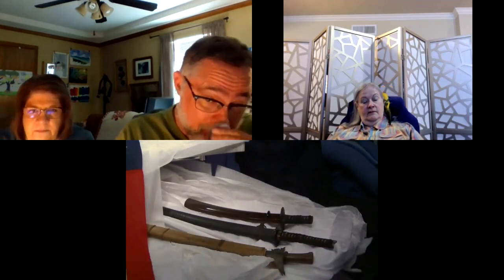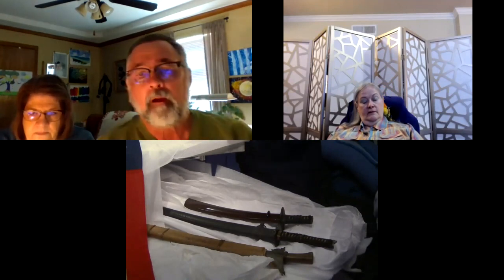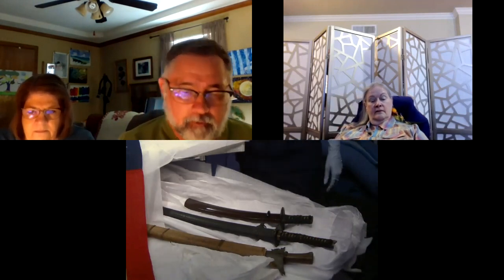So it's like someone who is of shorter stature would need a shorter sword, or vice versa. The only caveat I'll add to that